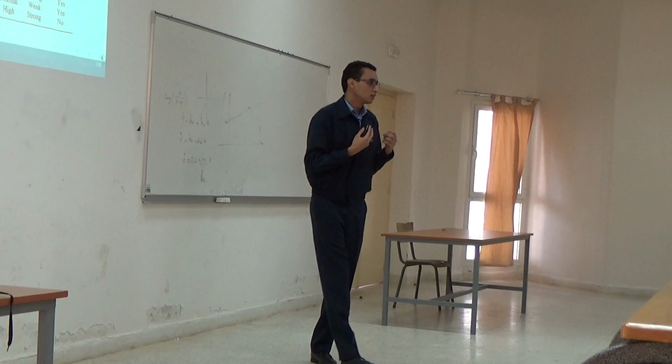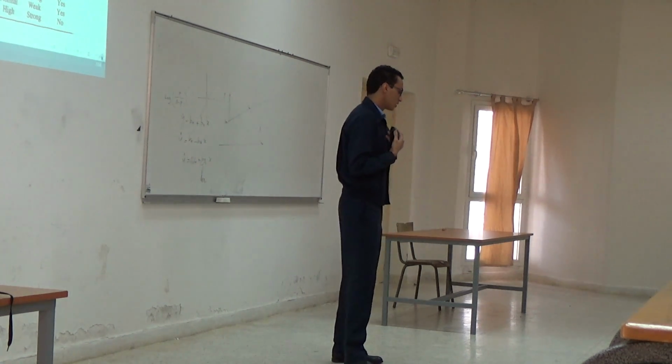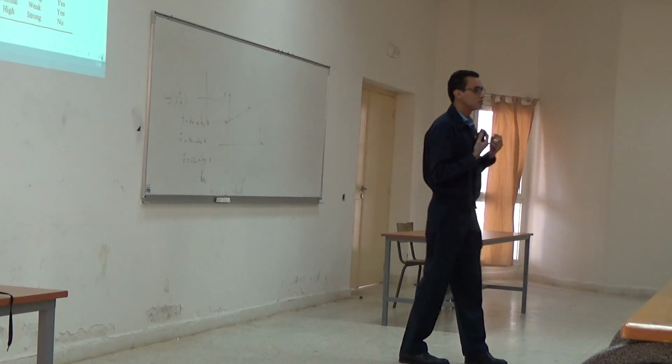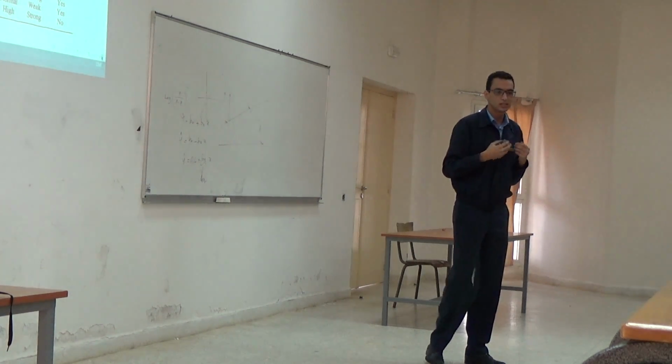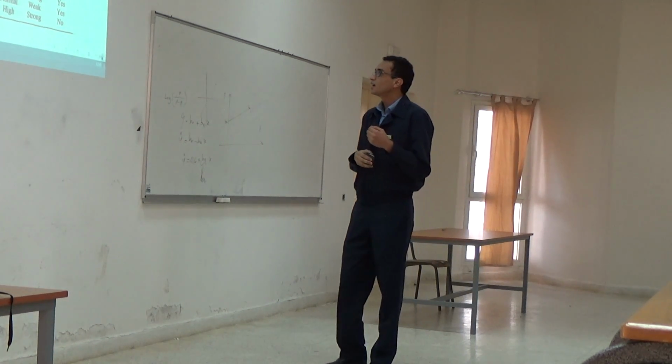So like I said, I'm going to avoid mathematical technicalities. I'm going to explain the decision tree with a more complex example. Let's say you want to